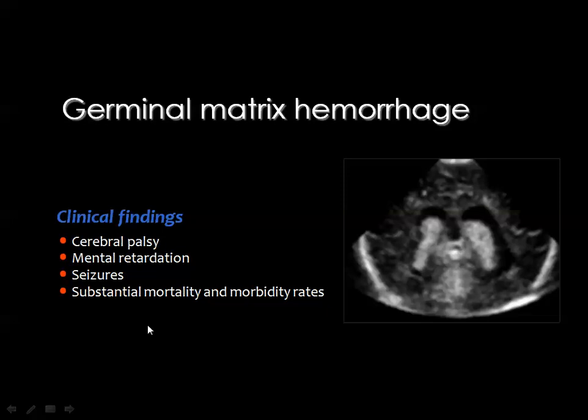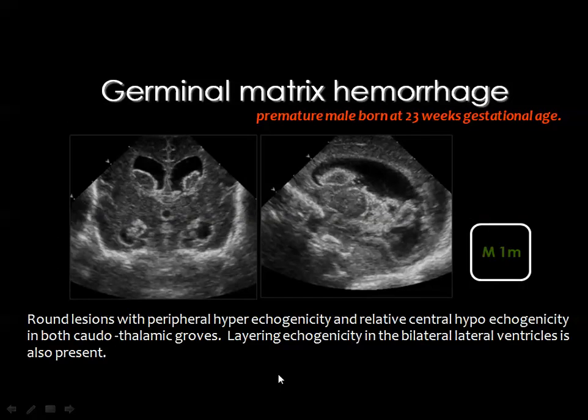The clinical presentation is usually in the form of cerebral palsy, mental retardation, and seizures. Then this is an ultrasound. This is coronal and sagittal transcranial ultrasound showing the echogenic hemorrhage in the region of the caudate nucleus, and also can be appreciated